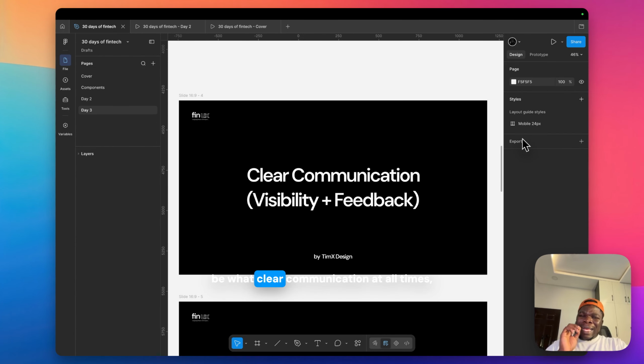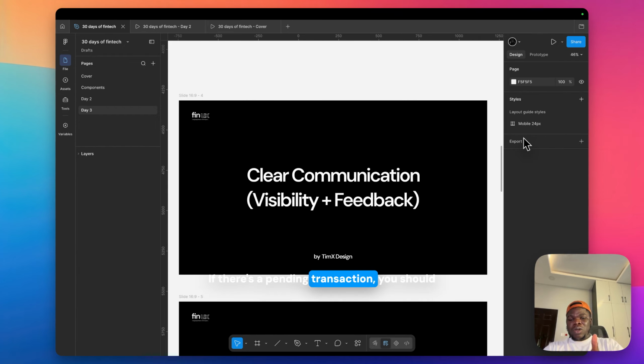And peradventure the transfer fails while you're trying to send money, you should be able to give the client feedback that clearly states that the transaction has failed. If there's a pending transaction, you should give the user feedback that there's a pending transaction. That's why I keep referencing OPay so much. That's why I love their product so much. If a transaction is pending, you will see it there, clearly written, pending.